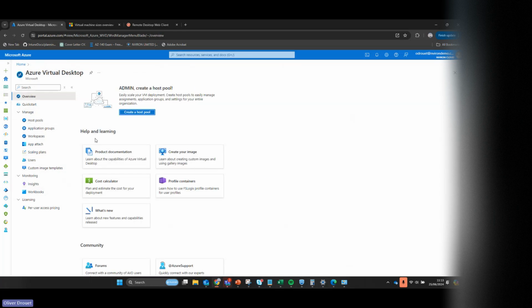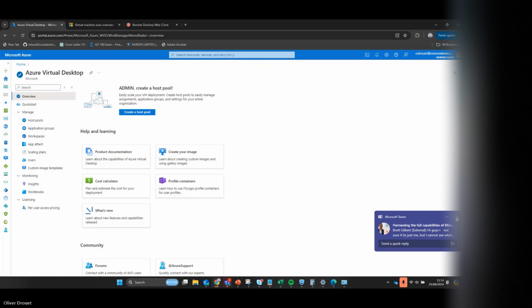So what I'm going to do is go back to the overview page, and we're going to get cracking, beginning by creating a host pool first. Now, it is possible to create a lot of these components individually and put them together in a resource group. However, especially if it's your first time working around AVD, I would recommend using a